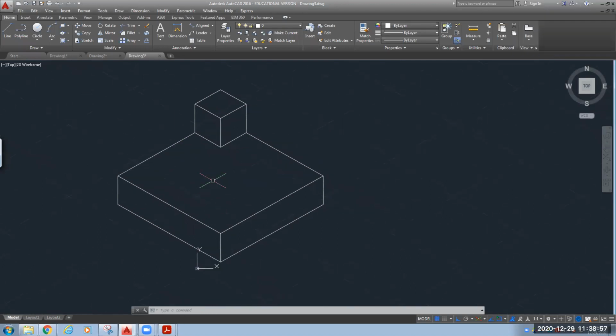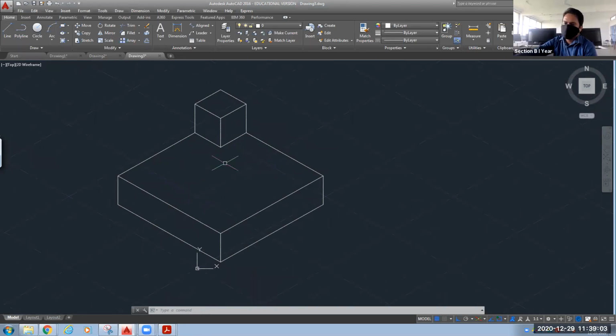Similarly, you can make one box on all the 4 corners, okay, and make a hole at the center also. So first, let's see how to make that central hole. So this line is totally 100.